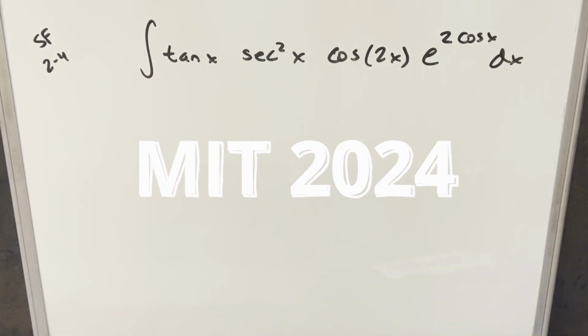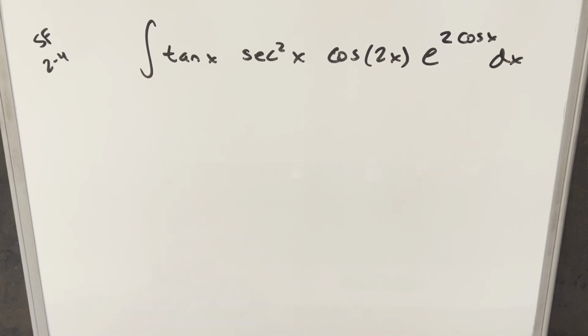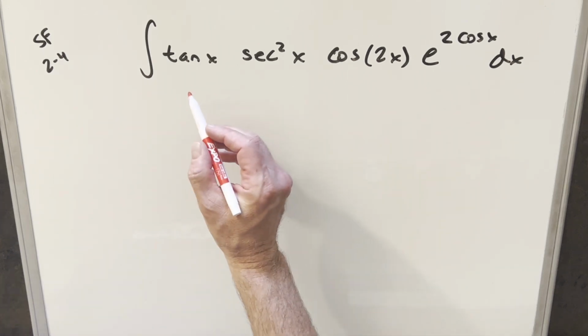Okay, let's take another integral. This one's from the MIT Integration Bee, semifinals, round 2, problem 4. We have the integral of tan x times secant squared x times cosine 2x times e to the 2 cosine x dx. Okay, at first I found this one kind of frustrating because the thing that's sticking out and so